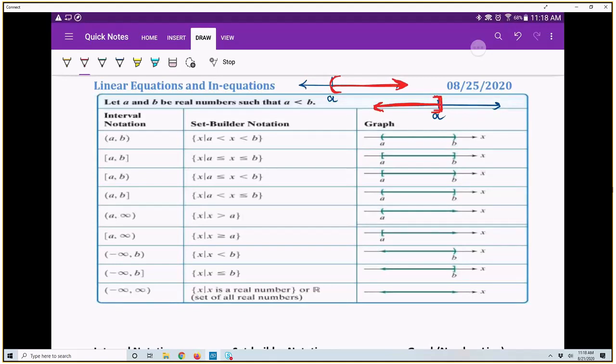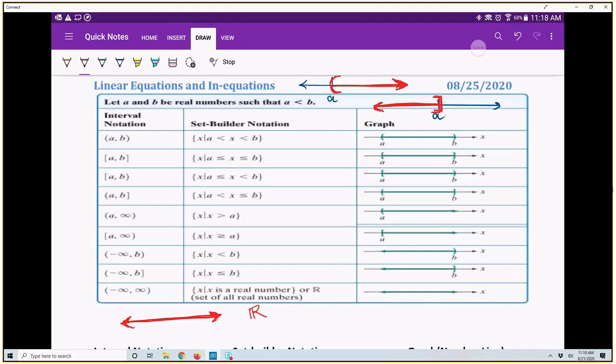So these are the four situations here. You have from a to infinity not including a, that's parenthesis. From a to infinity including a is square bracket. Or from negative infinity to some point b not including b is parenthesis. From negative infinity to b including b is square bracket. Or if you have from negative infinity to infinity, that's the entire line. That's everything. All real numbers is what we say. And remember from our lecture on real numbers, if the answer is all real numbers, we get to use the